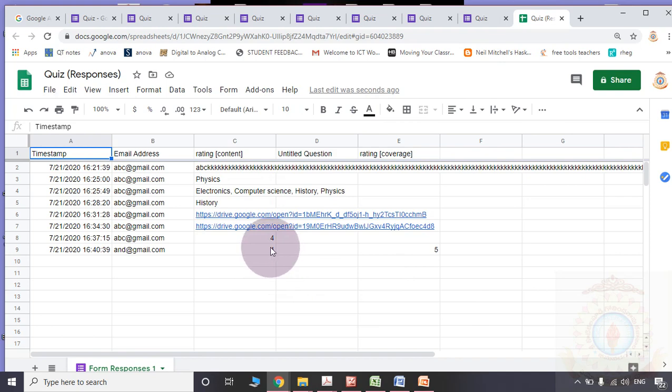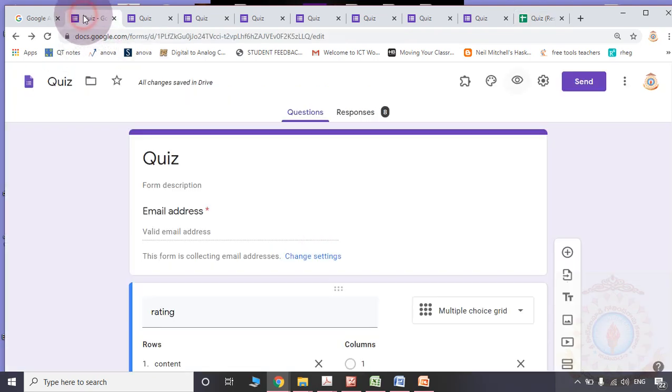For the first sub question, the answer is 4. For the second sub question, the answer is 5. Two responses are recorded. They are given from the user's Gmail account. From this particular user, the organizer received these two responses.